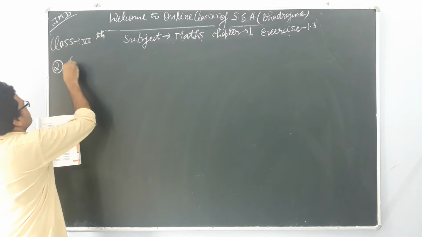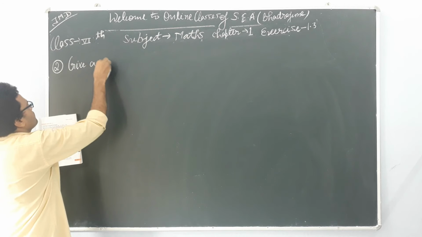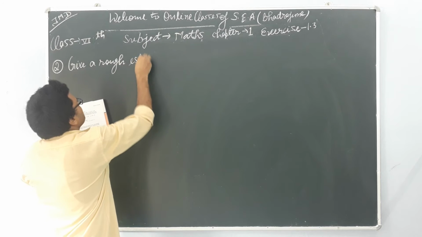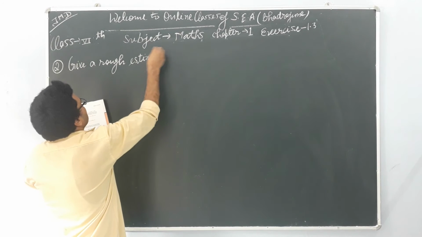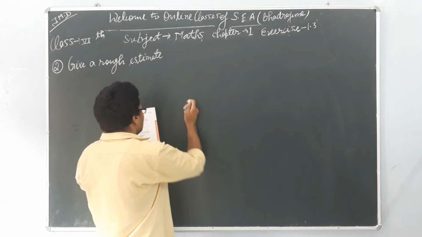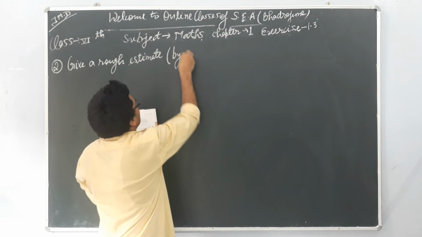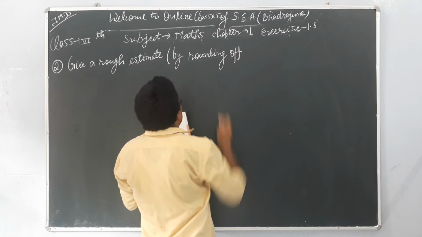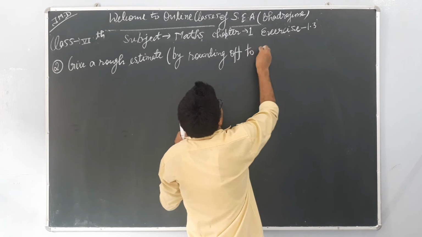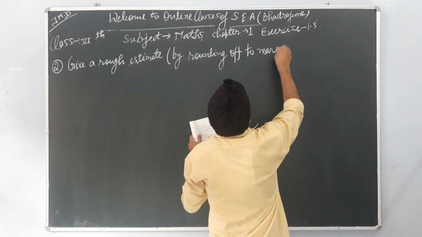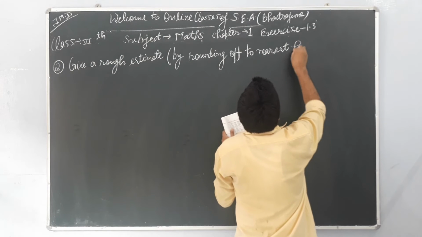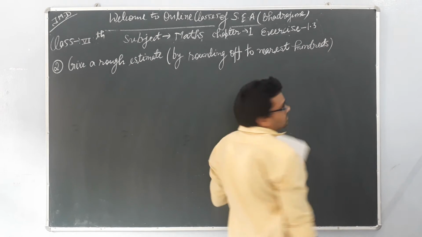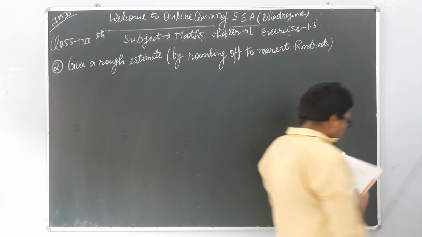Give a rough estimate by rounding off to nearest hundreds, and also a closer estimate